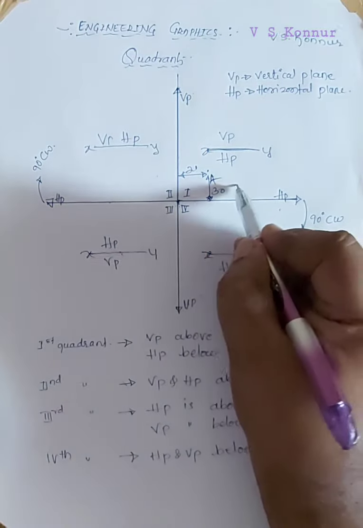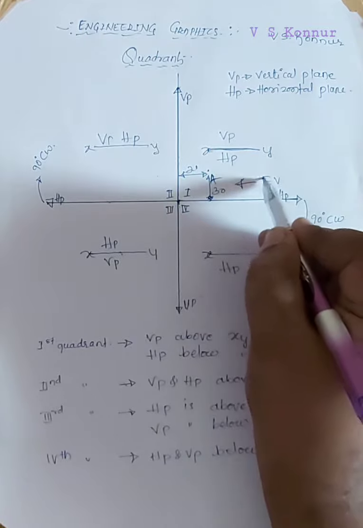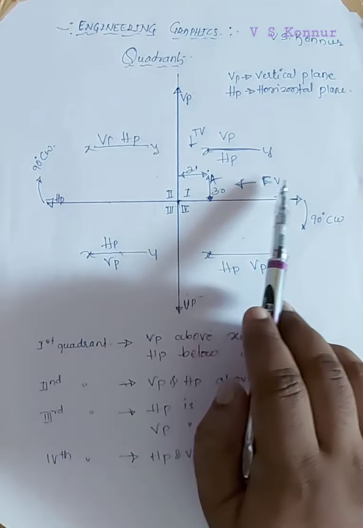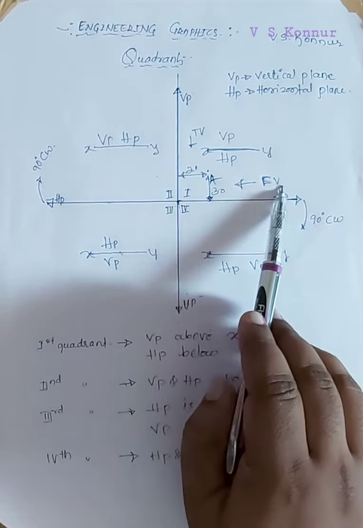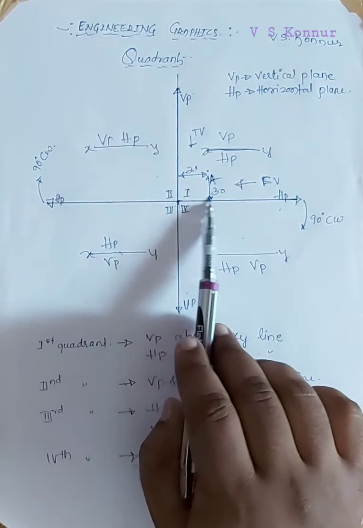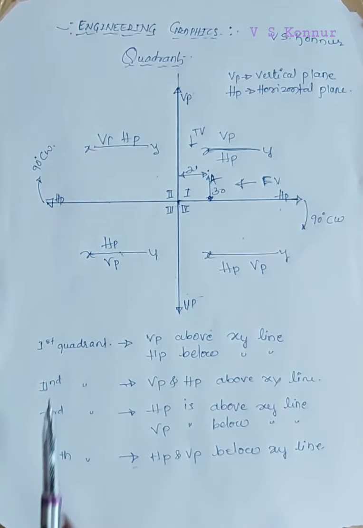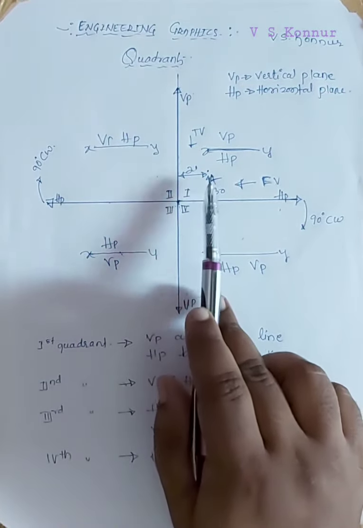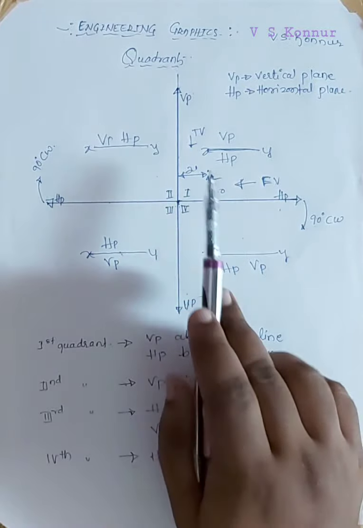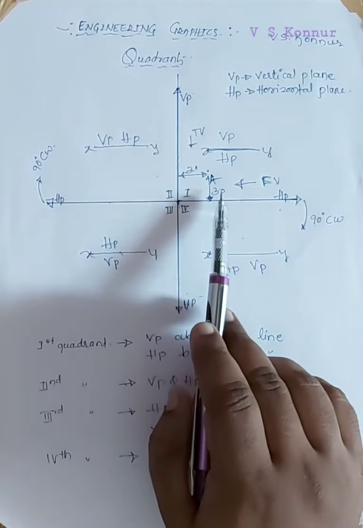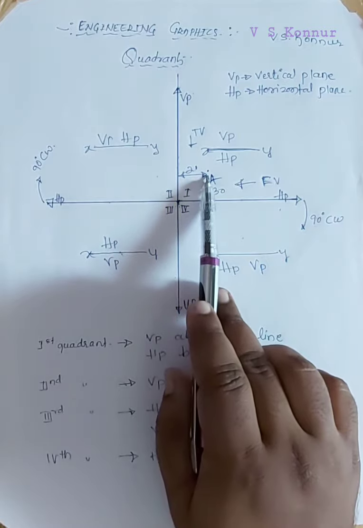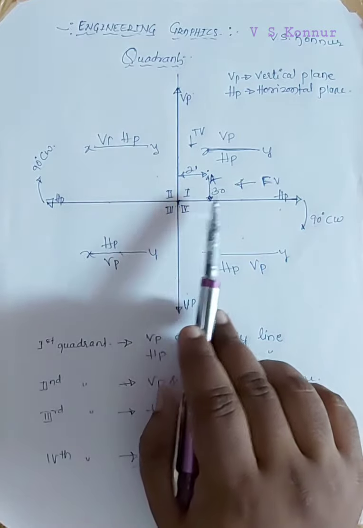So this is called the front view, and this is called the top view. From the front view, 30 mm is visible on VP, and 20 mm is visible on the horizontal plane. So this can be solved as a point problem in the first quadrant. Once again, point A is 30 mm above the horizontal plane, 20 mm in front of the vertical plane. This is the first condition to solve the points problem in the first quadrant.